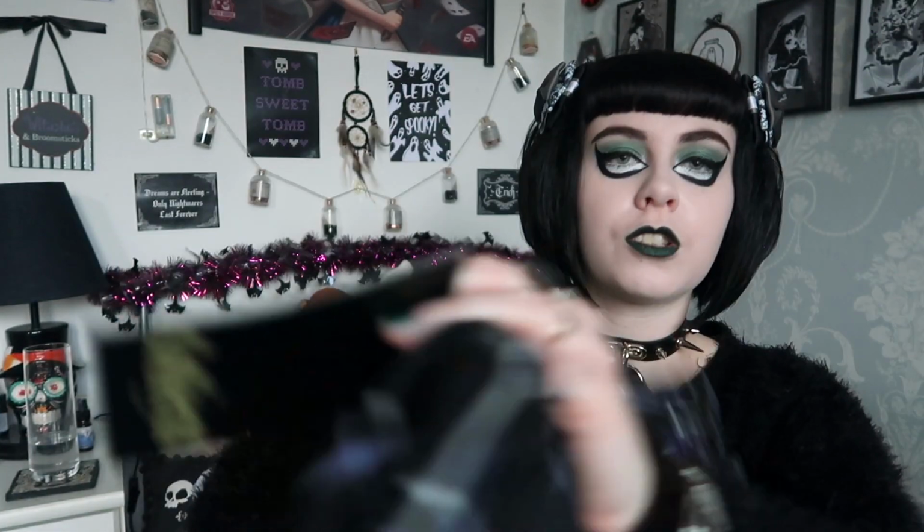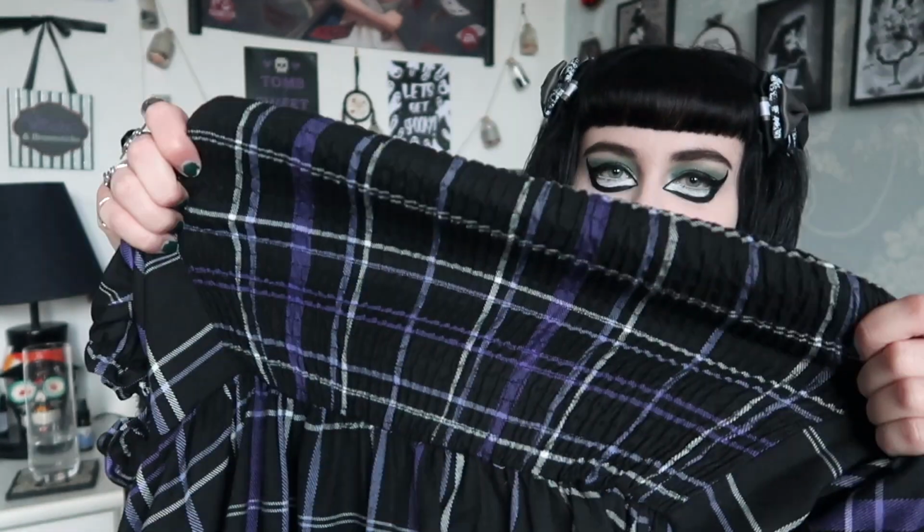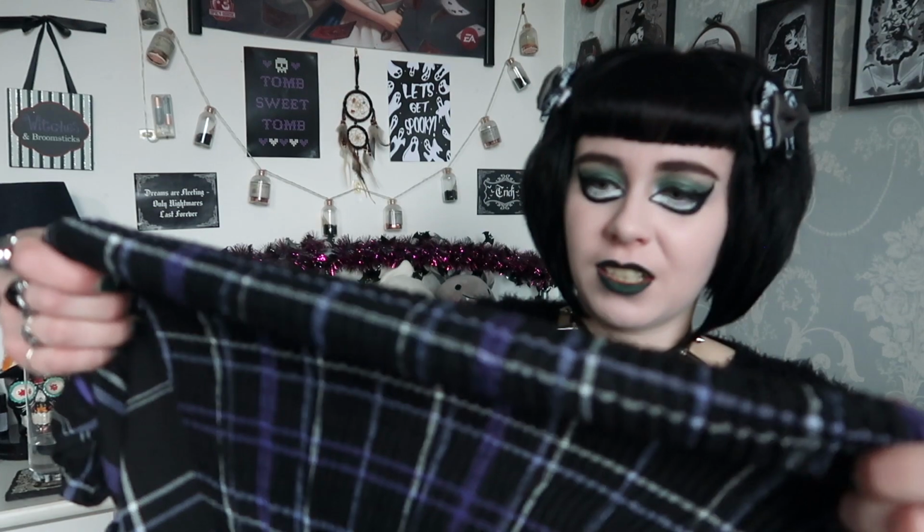And then on the back, because there is no zip for this one, it has a very stretchy back, and I'm wondering if this is why it's so big, but it's kind of got this ruched effect, and this makes it very, very stretchy. I might need a 4, but it's huge. Like, it stretches so much. And yeah, it's got the seam line with some loose threads around, unfortunately,